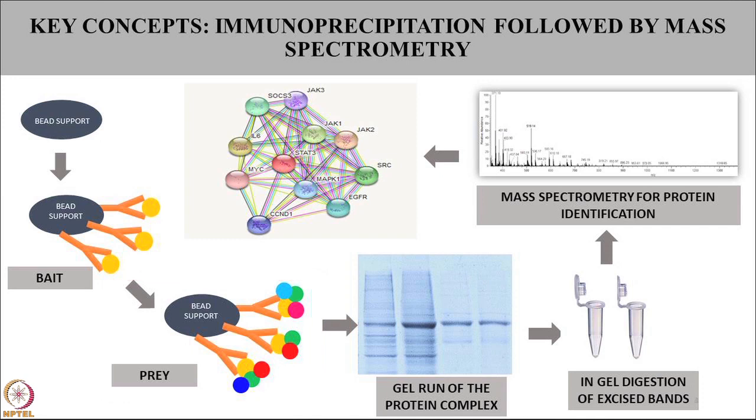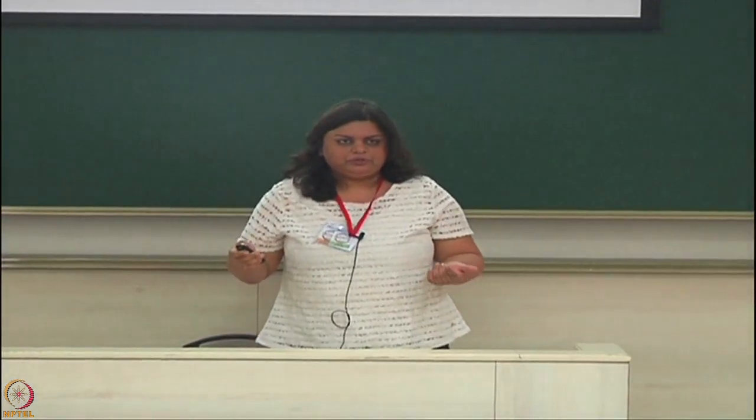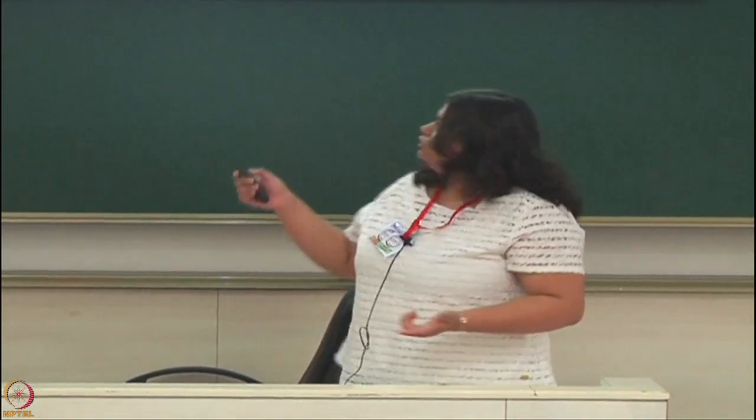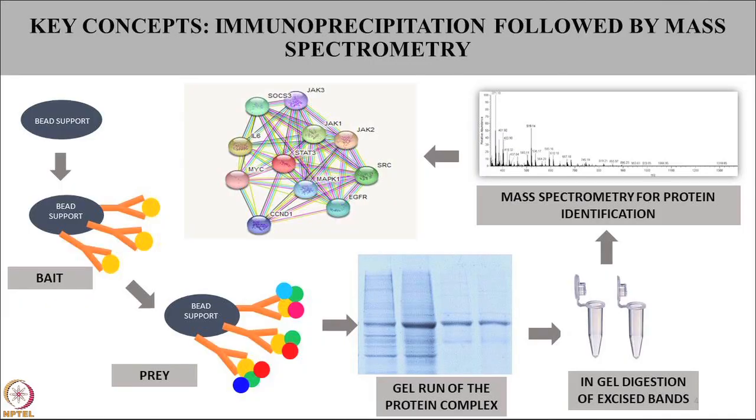So, we will take a case study today, that is STAT3. STAT3, as you know, is part of the JAK-STAT pathway, and what if you were interested to see which proteins are potential interactors of STAT3? So, we will take an anti-STAT3 antibody and conjugate it with the bead, and then STAT3 will, let us assume that this yellow dot is STAT3, bind to the antibody, and then all the interacting partners of STAT3, we are expecting, will come and bind to STAT3.